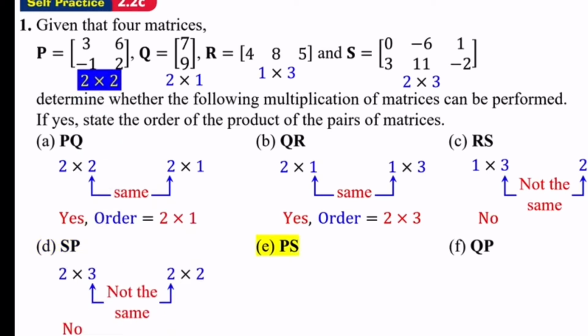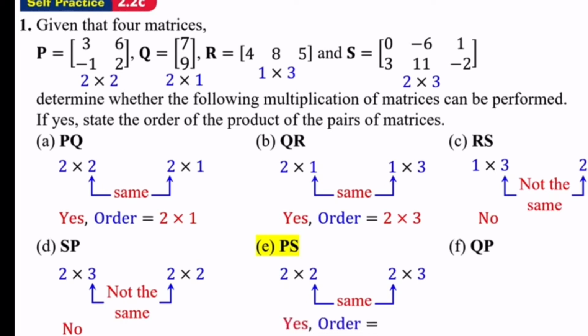And finally is P and S. Matrix P has 2 columns and matrix S has 2 rows. So they are the same. So the order of the matrix PS is 2 by 3. Right? So this is the order of the matrix. Okay, so how about